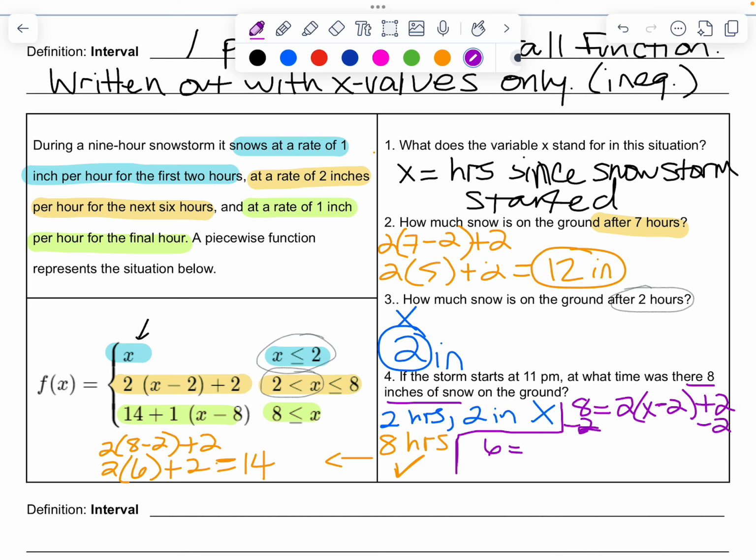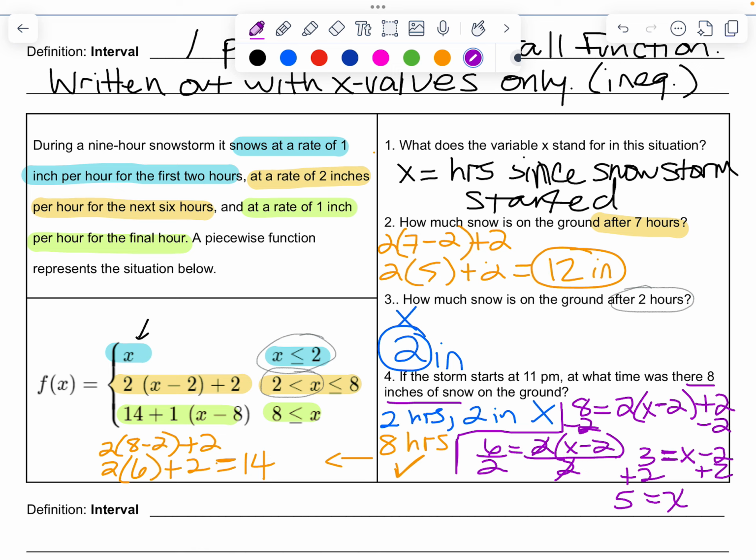I get 6 is equal to 2 times quantity x minus 2. I'm going to divide by this 2, and I got 6 divided by 2, which is 3. And finally, I can add the 2 that was originally in the parentheses